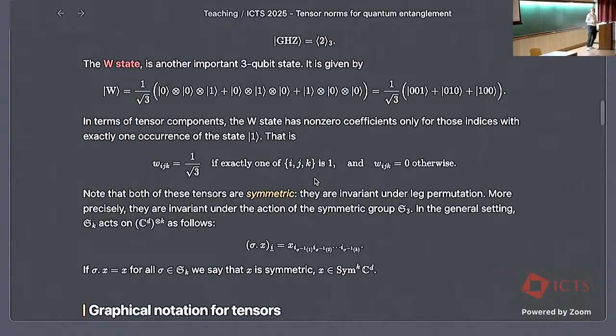Okay, good. Now something very, very cool: this graphical notation for tensors. This is something that is very much used nowadays. The problem with tensors is that you have many indices, so sometimes when you do computations, it becomes cumbersome to handle all these indices. Penrose invented this graphical notation for tensors, and since then it has been upgraded and extended to cover many scenarios. This is what I'm going to talk about next.